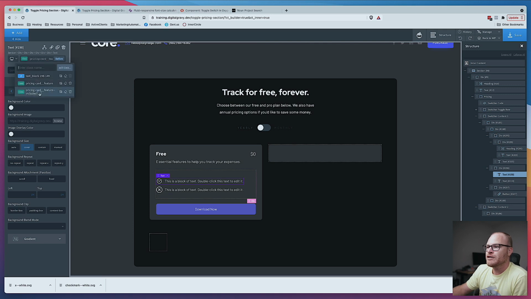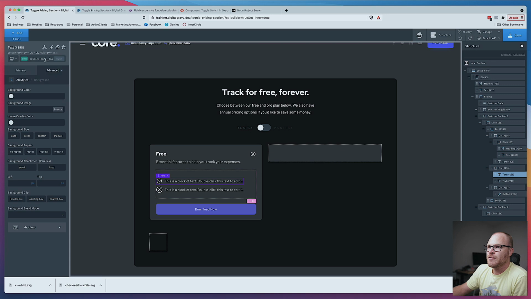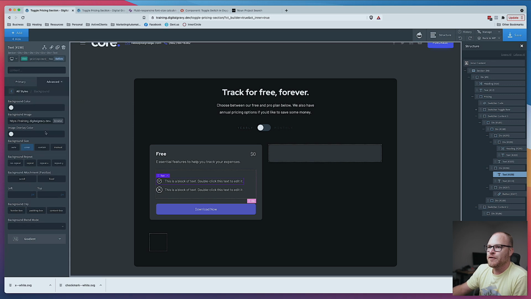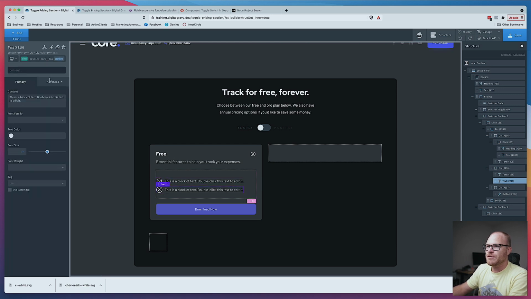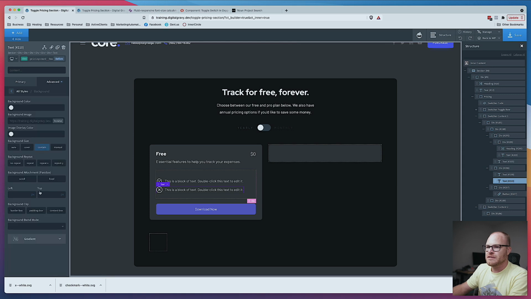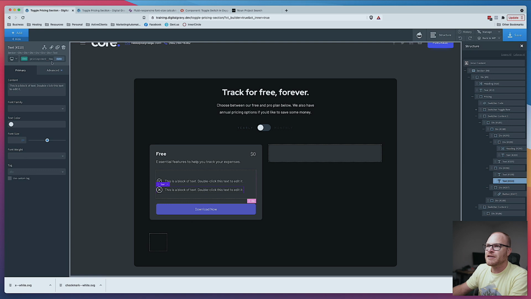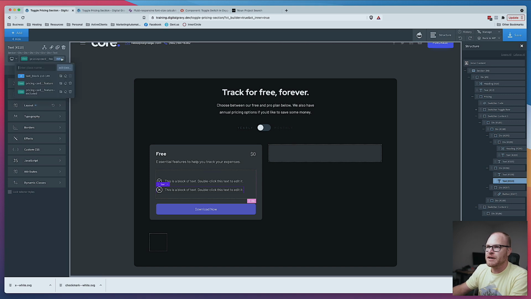Okay, pricing card feature included. Okay, what was I doing there? Nothing. All right, before, cover, contain, manual, rem. I don't know that that's actually going to fix this. Background, manual, 3 and 3. Yeah, one's still clearly bigger than the other. I can somewhat fix this by, I mean, it just feels like the excluded one is bigger. Just feels like a really chintzy way to do this, but